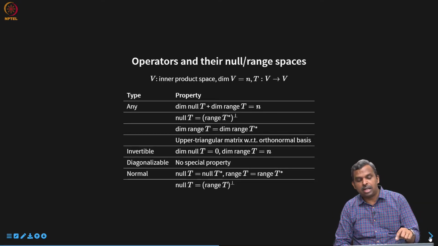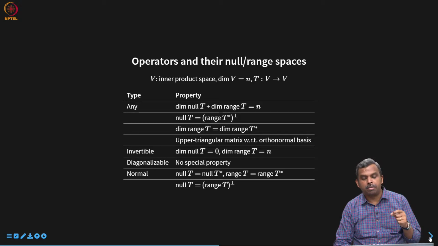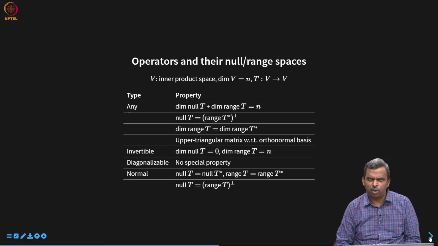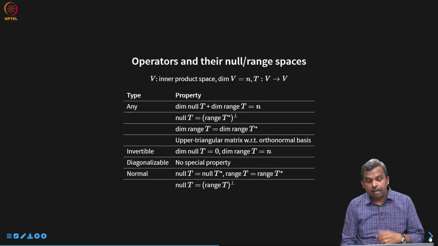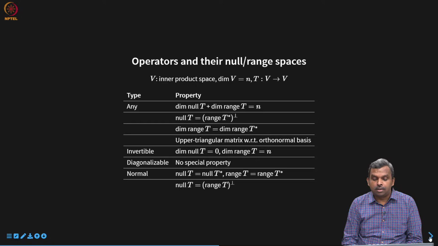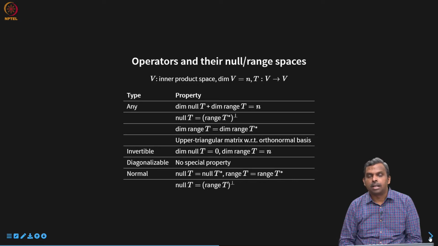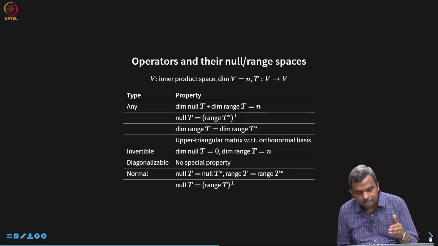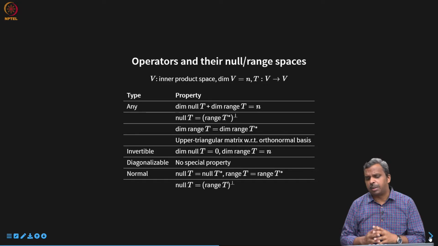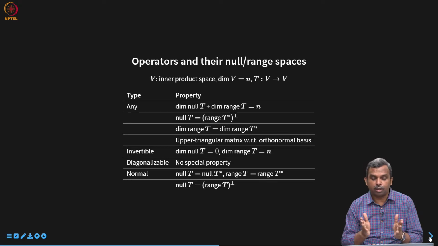So you remember we also had this notion of an invertible operator and diagonalizable operator. This also is very important, and we haven't maybe talked about it quite a bit, but invertible means the range is the entire space, and then you can go back, right? So that's one way of defining it for operators. Diagonalizable is something where we know that there is an eigenvector basis, and it can go to a diagonal representation. But in this slide, I wanted to talk only about null and range space, and what are the various things we know about types of operators and their null space and range space. I wanted to collect all of that together.